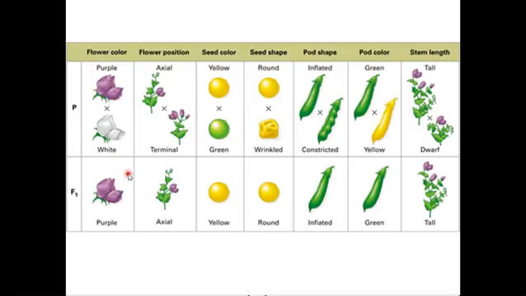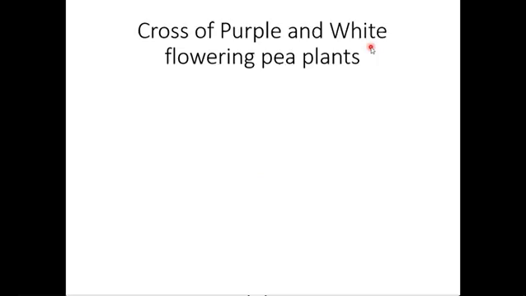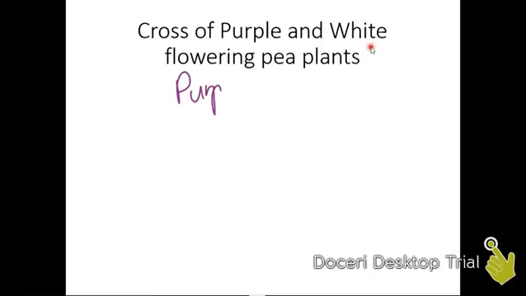he noticed these 7 or so traits that you could use to describe peas. So like how we might use height, eye color, or hair color to distinguish people, he noticed these 7 traits. And what he did was he would take some pea plants that were expressing one of these traits, for example, a purple flower, and he would pair that deliberately with a pea plant that was expressing the alternative trait, such as having a white flower.